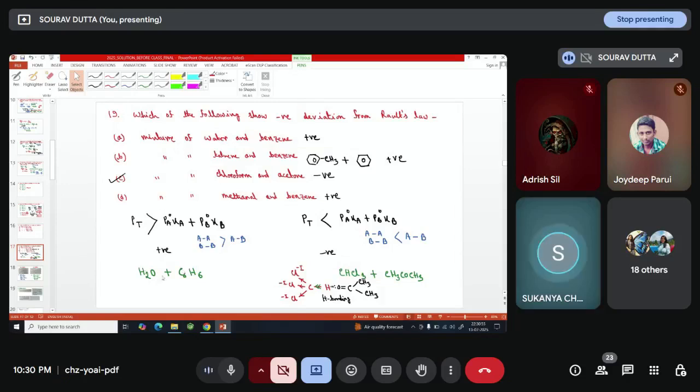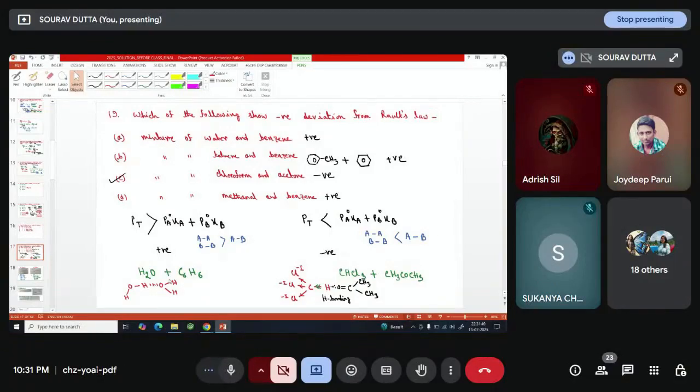আমি বলছি ইনিশিয়ালি ধরো একটা সলিউশন আছে, ওয়াটার রয়েছে আর বেনজিন রয়েছে. In case of water molecule, there are different hydrogen bonding in water. Suppose this type of hydrogen bonding is present in your water molecule. But benzene is a non-polar molecule, it cannot form hydrogen bonding. Benzene can only have van der Waals force of attraction. Which force of attraction? London force, Debye force, this type of van der Waals force of attraction, very